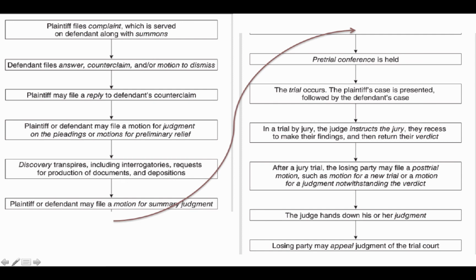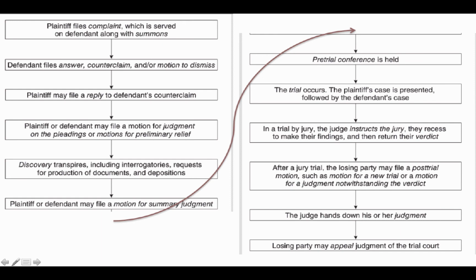After the plaintiff's case, the defendant may move for a directed verdict, stating that there was not enough evidence provided to support the plaintiff's claim. Otherwise, the defendant presents his case. Witnesses and direct and cross-examination practices are true here as well. At completion of the defendant's case, a directed verdict motion can be requested as well.